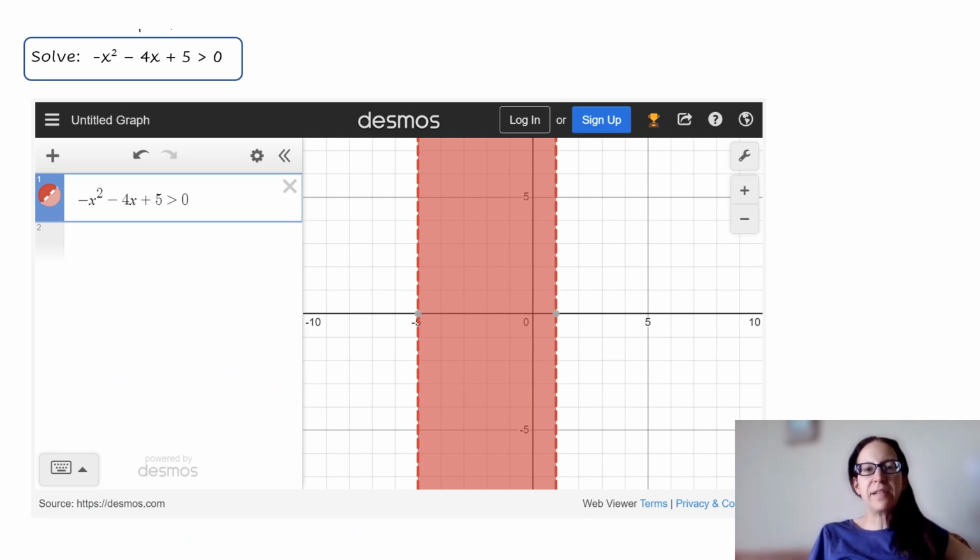All right, this is a quadratic inequality, and I need to turn off my pen. So these are actually pretty awful to do by hand. If you were going to do one of these,